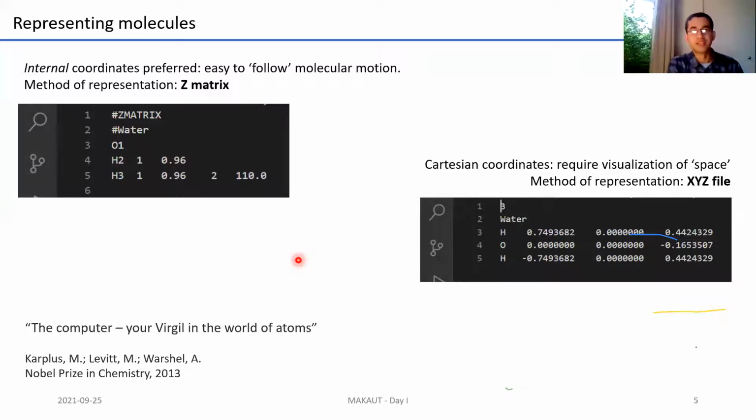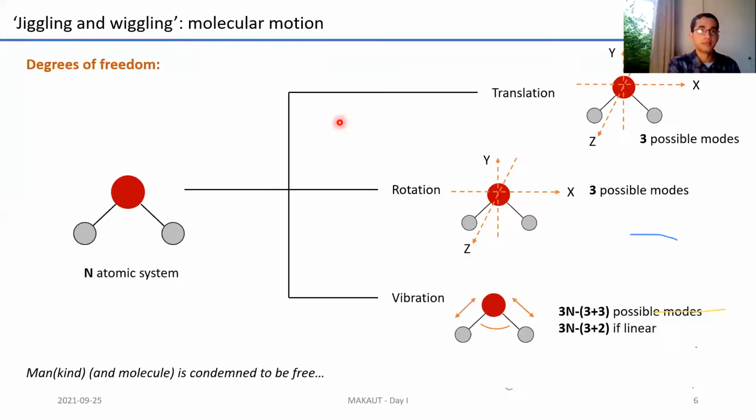So that's why it's good to know how to do this. I'll just come back to these a little bit later when I talk a little bit more about molecular motions. So now that we know how to represent a simple molecule such as water, the next thing is to understand